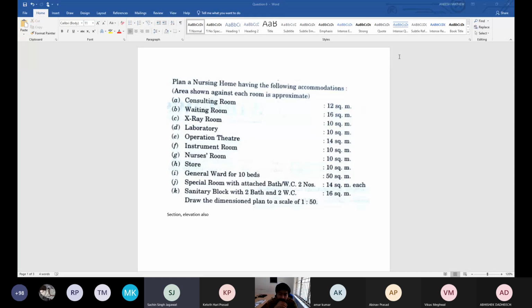Sure, sir. So please develop your line sketch. From the line sketch, you can develop your plan, section and elevation. You can take any reference, no objections, because all hospitals have their own plan. So your grouping is your way, in such a way that you can organize.